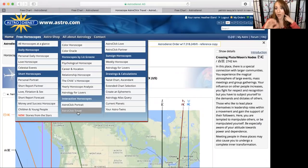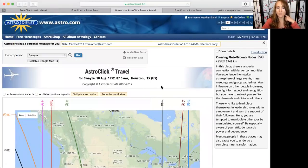Click AstroClick Travel, and of course you have to enter your birth information first. So make sure that you go in and create your birth chart first. You add your date, time, and location of birth, and you can do that where it says natal chart ascendant, before you go to AstroClick Travel. Then make sure that the horoscope is for